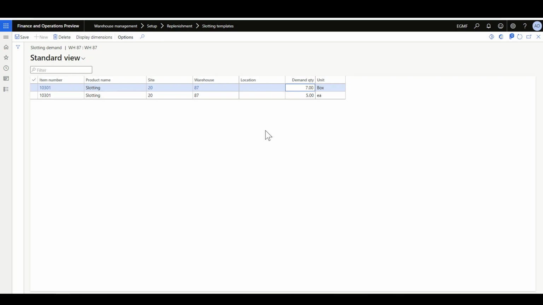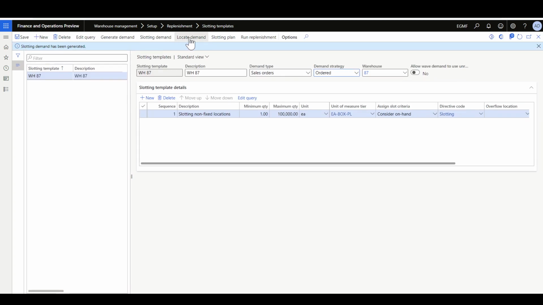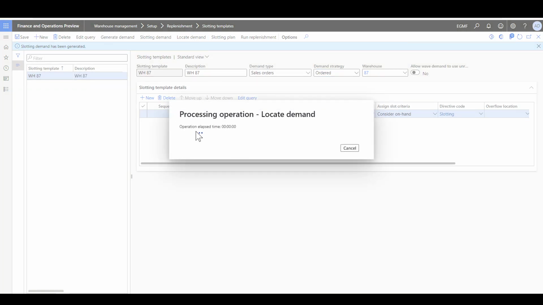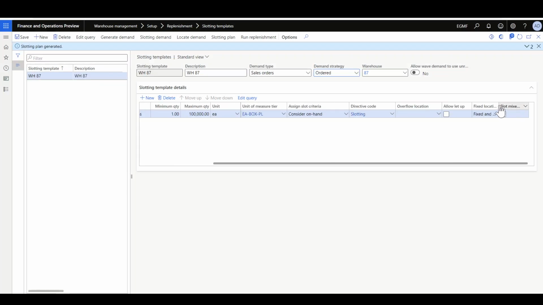Then I'll review here the slotting demand. So here we have 7 boxes and 5 eaches. This is for warehouse 87 and for this item. Then if I go back, I can locate the demand. And this is the step where the picking locations will be identified. Be aware that this is the new column that we just discussed, the slot mixed unit. Here I have not enabled this option. This means that the item will be slotted, but for the locations that have a single unit of measure. So if I click here, locate demand,